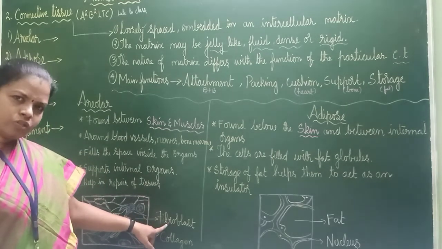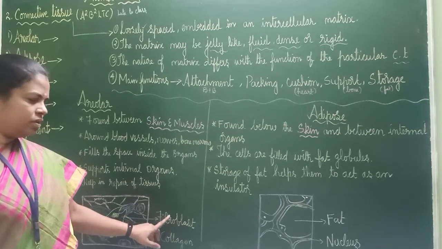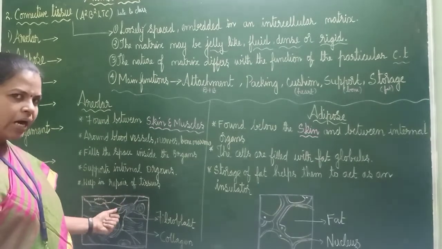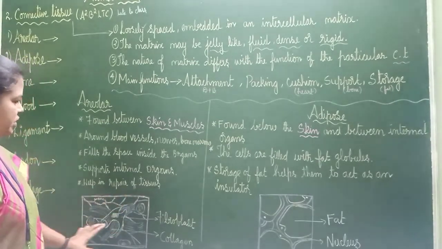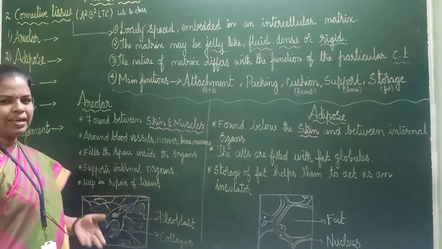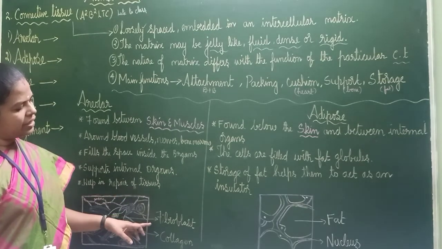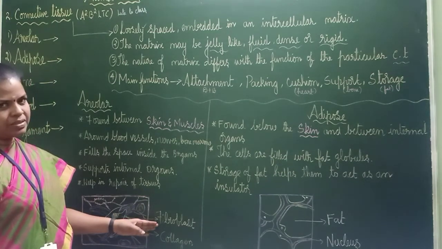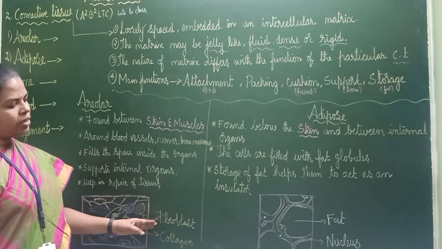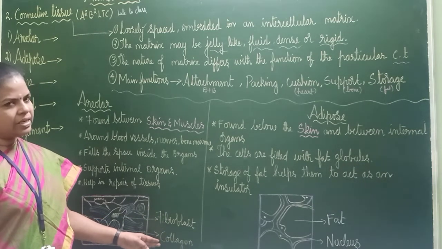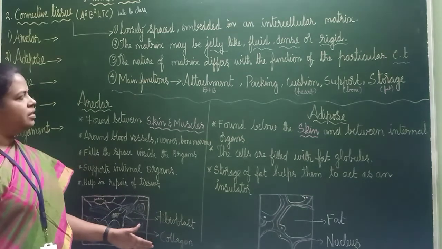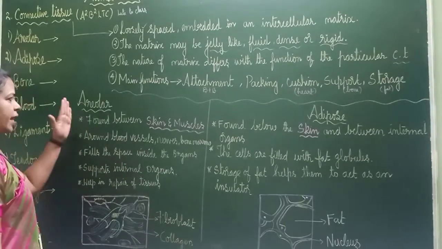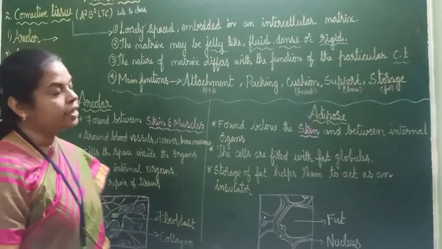This fibroblast is also a protein, but it is soluble. This is insoluble and this is soluble. Okay, it will be bundle-like and hard. So the picture is like this. You should just know that the diagram is not there, so you can just understand like this. This is made up of proteins, fibroblast, which is a soluble protein, and collagen, which is an insoluble protein. These are found in what? Animal tissue. So this is areolar. Will you study? Okay.